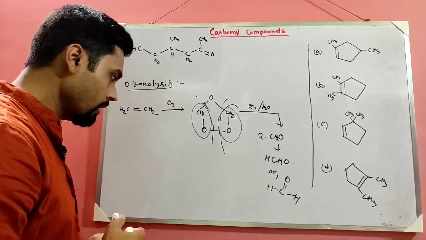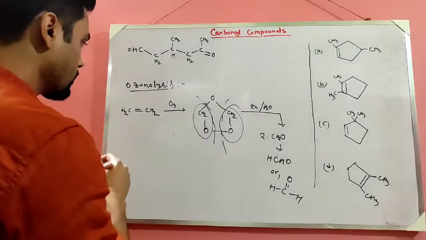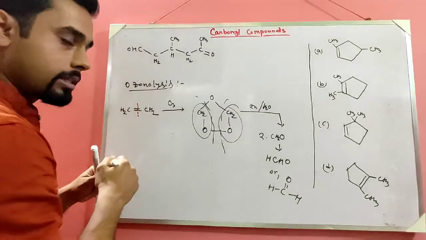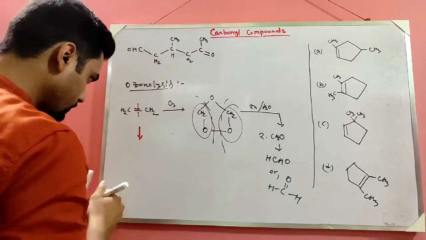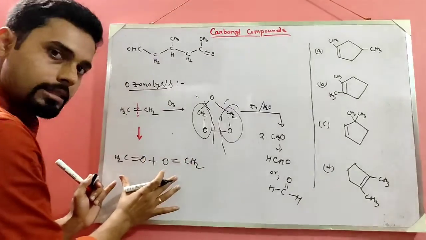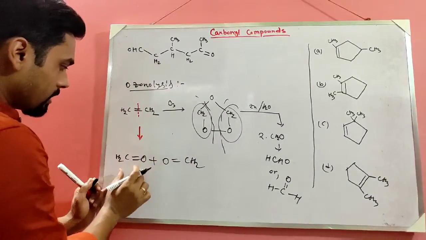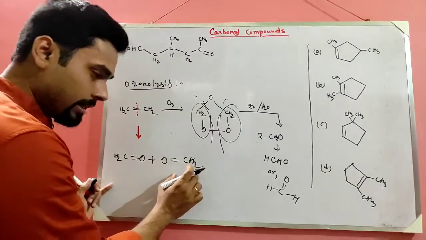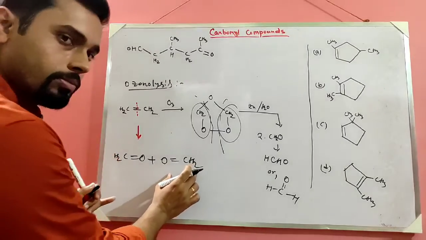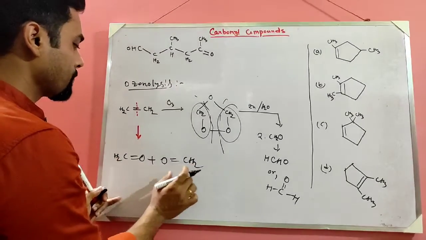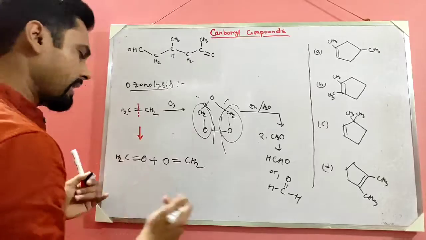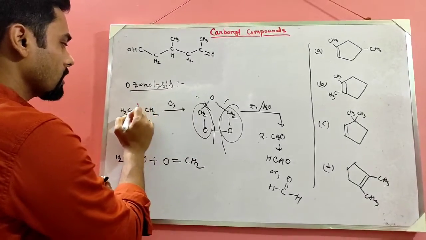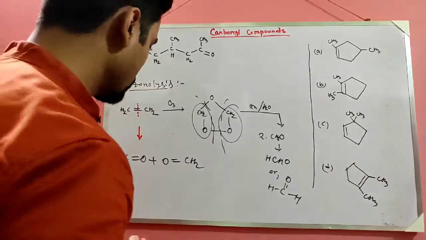Okay. So I will show a simple way. What happens here? These bonds are broken after ozonolysis. So this is a simple process: here it breaks down and we get a double bond O, that is carbonyl compounds, and here it is formaldehyde, 2 molecules of formaldehyde. Okay, so this is the process actually. Any alkene will give this type of product when breaking of bond occurs in between the pi bond or double bond.